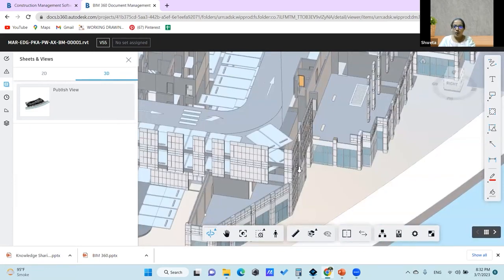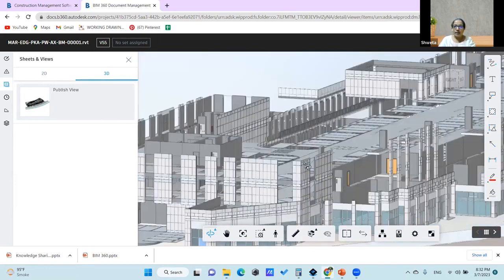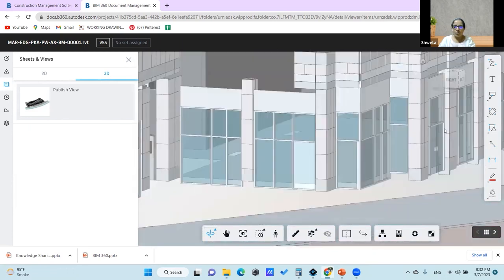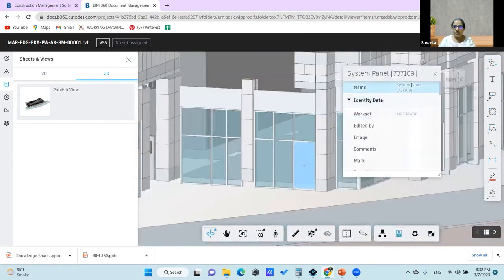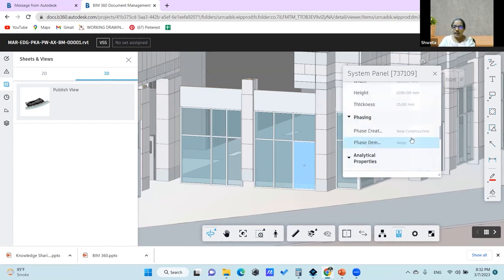Let's say I want to understand what material they are applying here. I can just go and show properties and I'll be able to see, okay, it's a system panel, it's glazed. If they have put in data like cost and everything, I'll be able to see it. What is the dimension of it? What is the area, the width, the height, the thickness? So every data that we see in the properties tab,